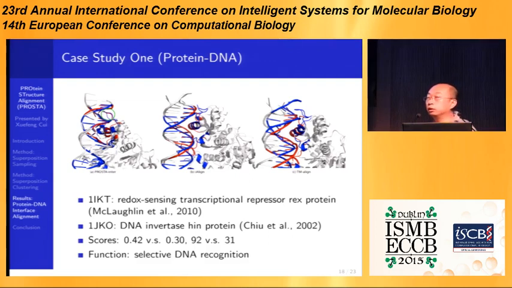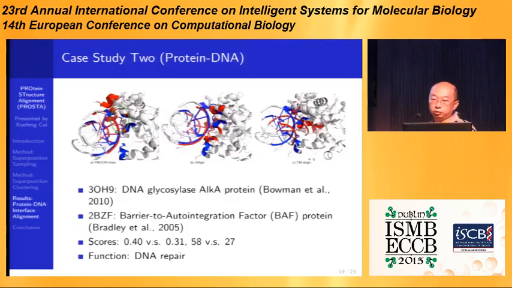We can do refinement on both interfaces, but they will always pick one interface to do refinement. But because the initial sampling is not always optimal, picking a single superposition for refinement is kind of risky. So this is why we could discover the correct one. And also this result is supported by literature, because both of these proteins are playing important roles in selective DNA recognition. And next, I'm going to show another case